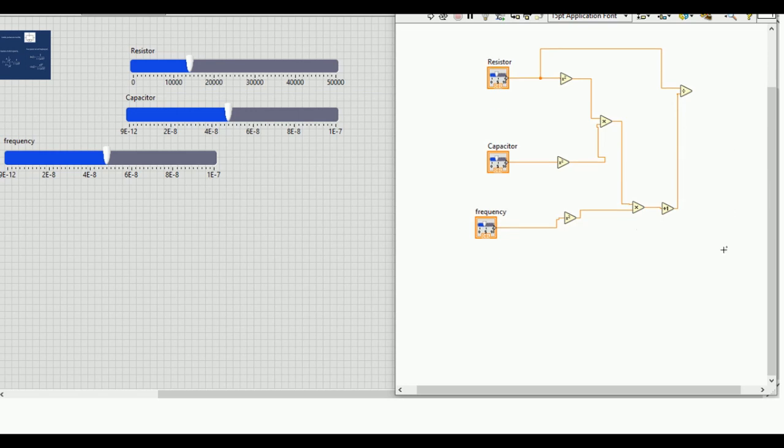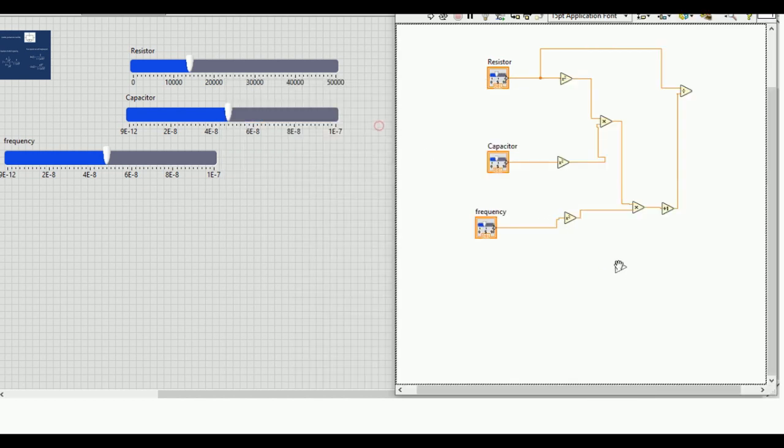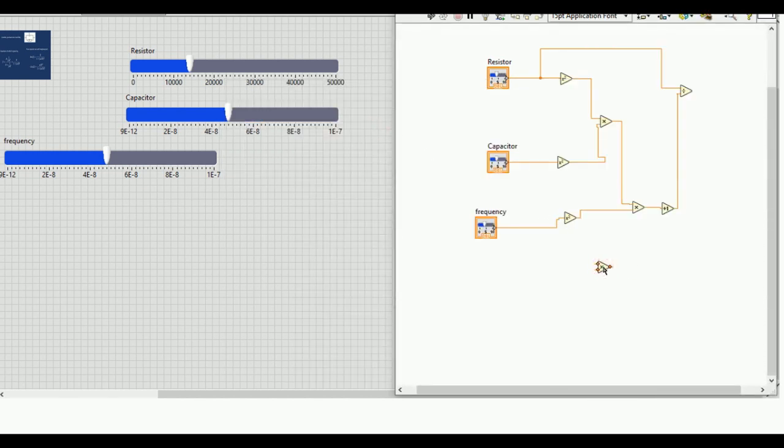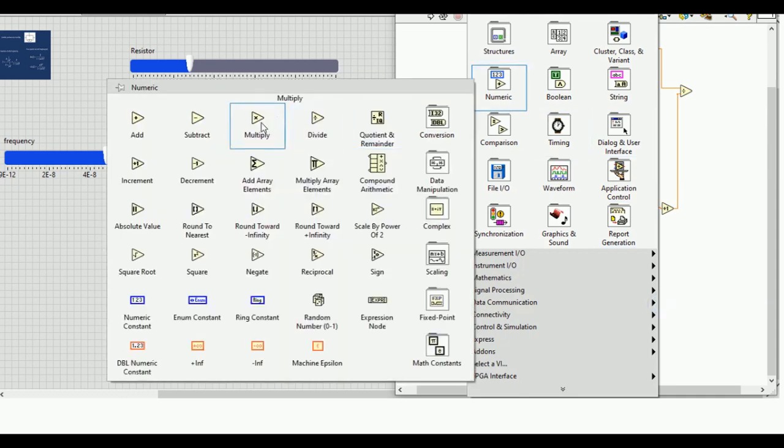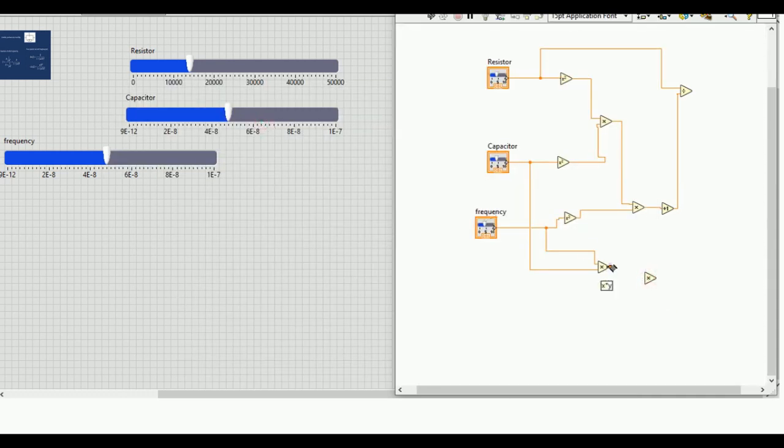And for imaginary part we need omega c r square. So this is the c square and that is there, and r square and omega into c. So I have to create one numeric and then multiply. So first I will create omega into c, so this is the omega and this is the c, so omega c, then one more is required, that is the r square. So going to the here, I will connect it here, first one, and then r square means here you can connect from,